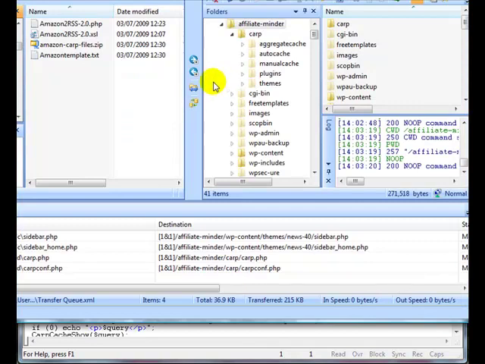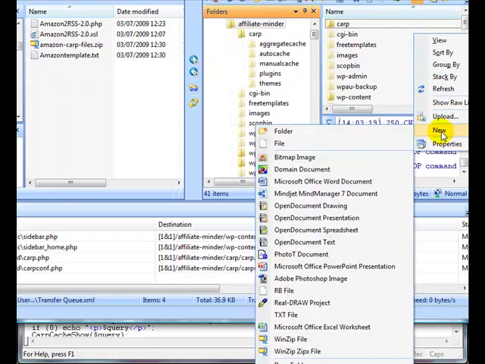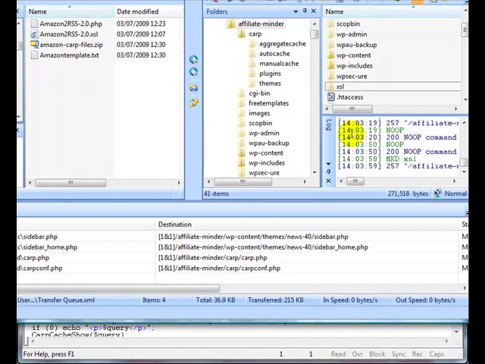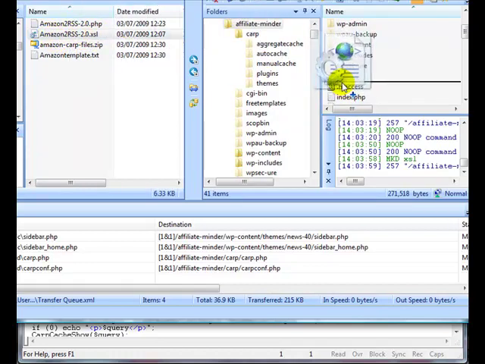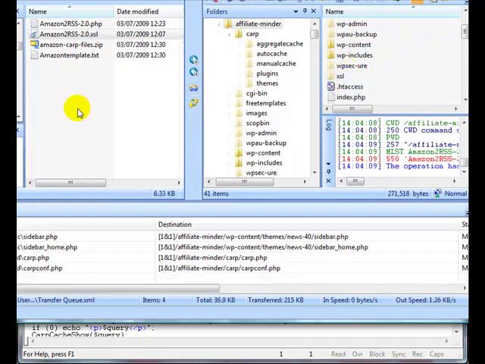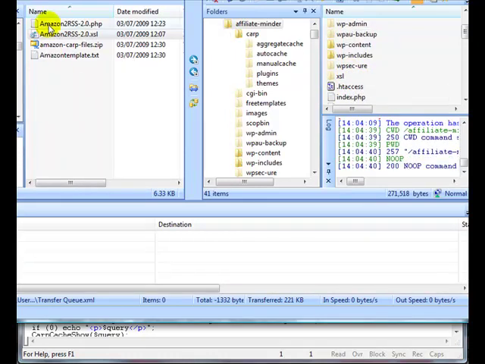Now the next thing you need to do is on your web server you need to create a new folder called XSL. And what we're going to do is we're going to upload the Amazon to RSR 2.0 XSL file into that XSL folder. Now the next step, you need to open up this Amazon to RSR 2.0.php file in